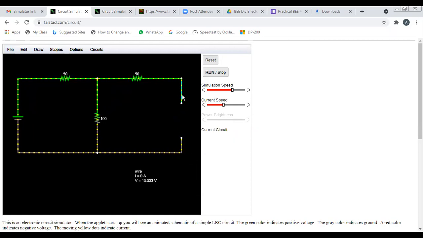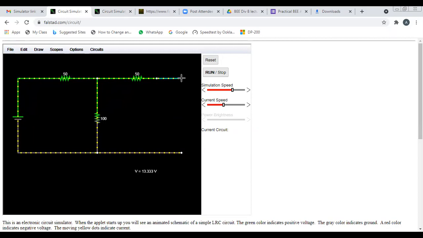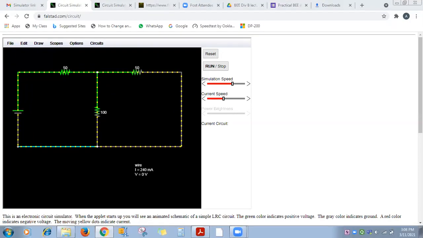Then, rather than three different wires, I'll use a single wire. So I'm going to cut this and join it together with a single wire. Got it? Clear? This is the circuit you can see on the screen. It is only with E1. Is it displaying the current direction to you? Yes. And will you get the values of V1, I1, V2, I2, and V3, I3?